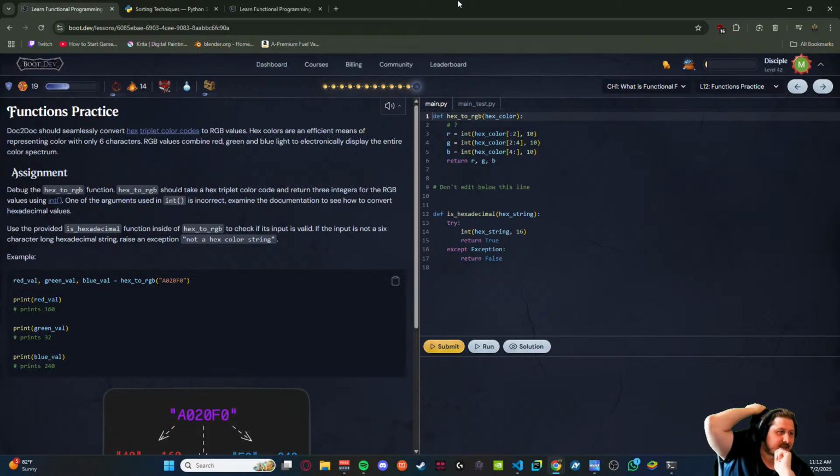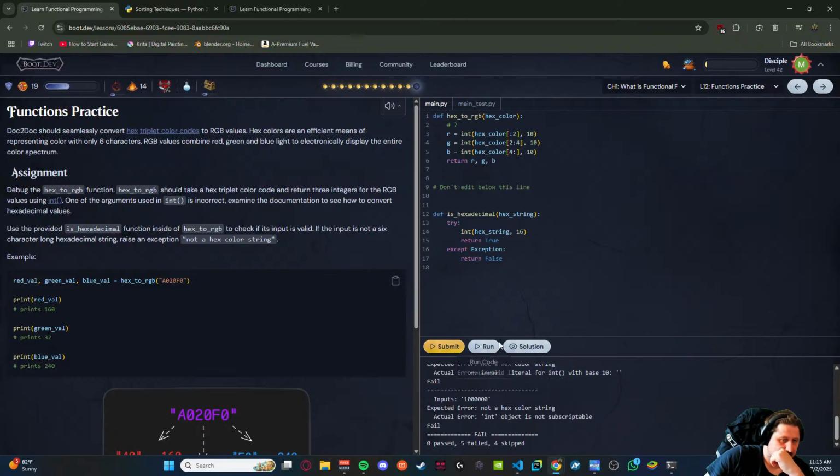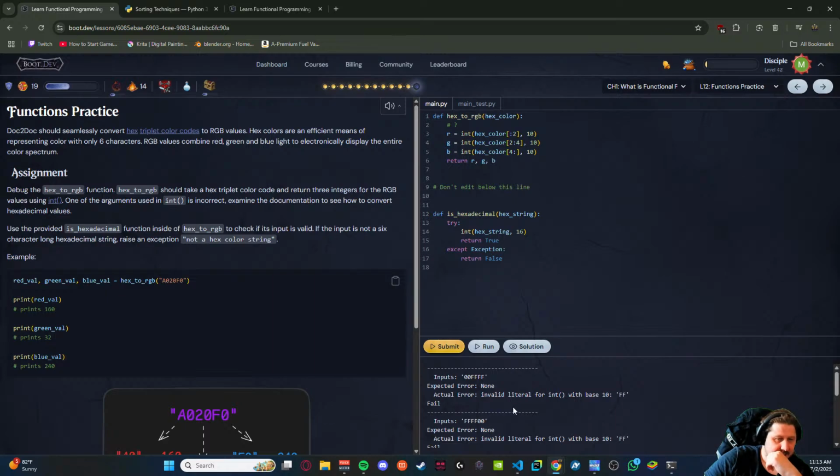One of the arguments used in int is incorrect. Examine documentation to see how to convert hexadecimal values. One of the arguments used in int is incorrect. Alt literal for int with base 10.